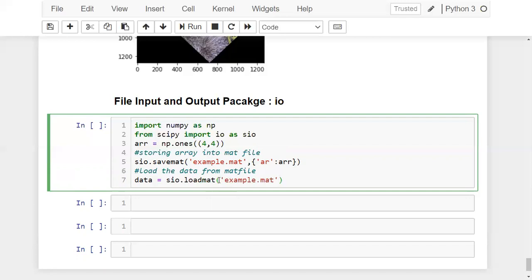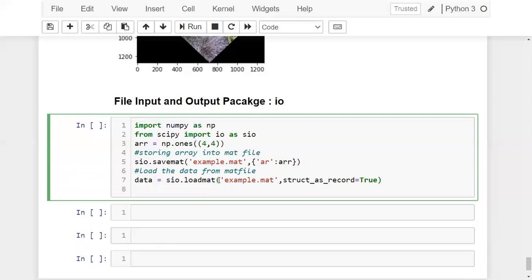This loadmat will have some argument with the name struct_as_record. It concerns how your variables are there, or how the content is available in your mat file. If you want to record them as it is, then you need to use this struct_as_record. I'm not able to show those arguments or parameters which are there in that loadmat.